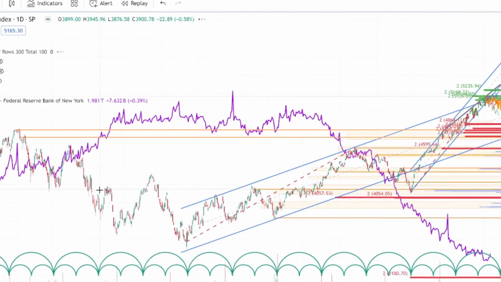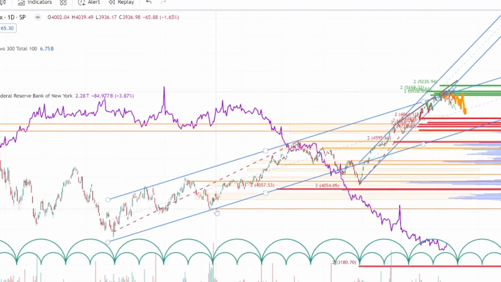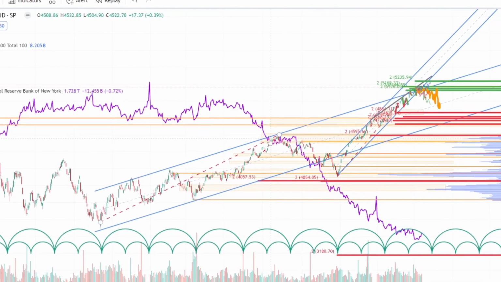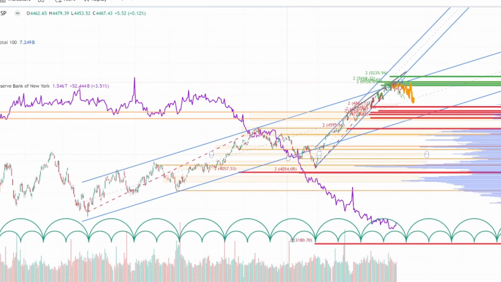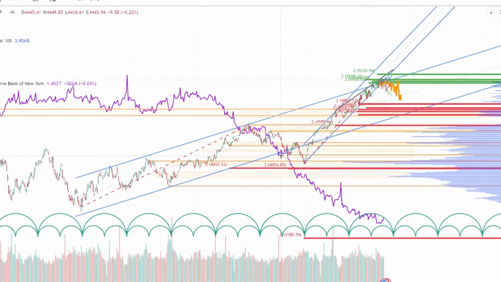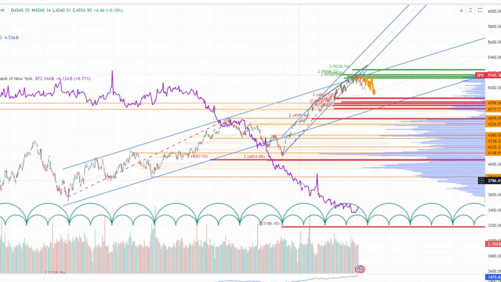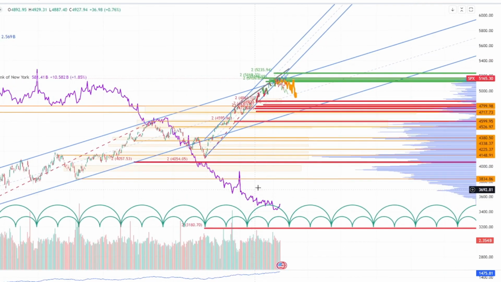So if you see this, you can see when the reverse repo market was stalling, and then it took off and went into oblivion when it started to drain. And then when it started to go sideways, the market comes down. And then when it drains again, it pumps it back up. And then it went sideways, drained down yet again. And then we've just gone to this constant draining, with basically no stop ever shown. And it has gone straight up since then.